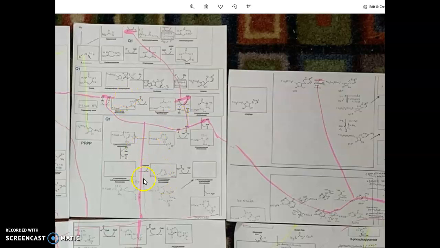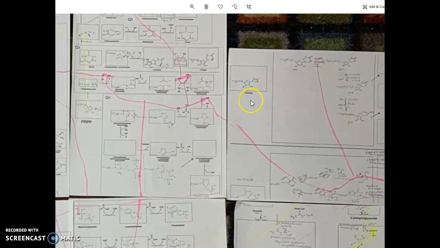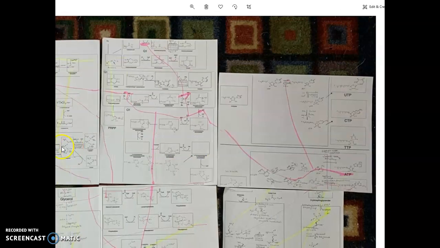So we get down here, and through another series of reactions, a lot of which use ATP, so we're using more ATP here. We end up with our inosinate. I forgot to mention that we also ended up with uridylate, and once we get over here to zoom out